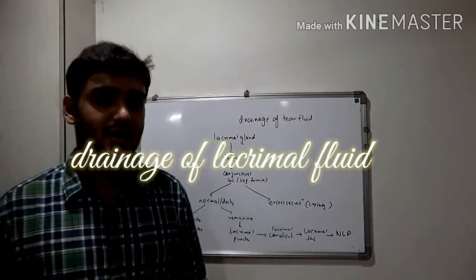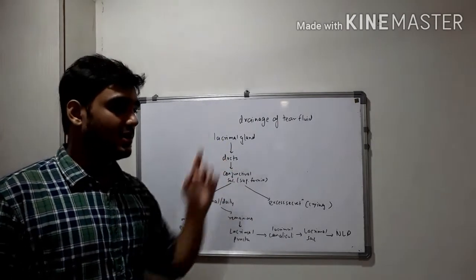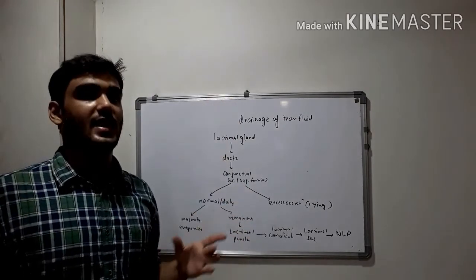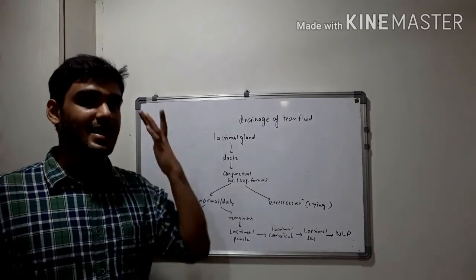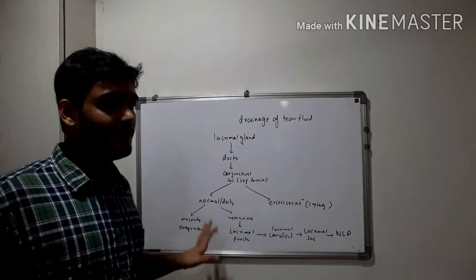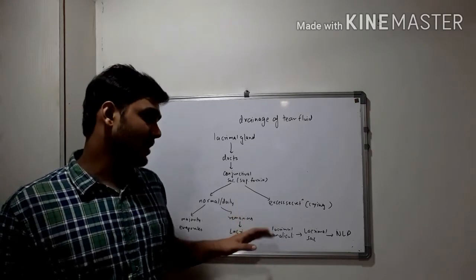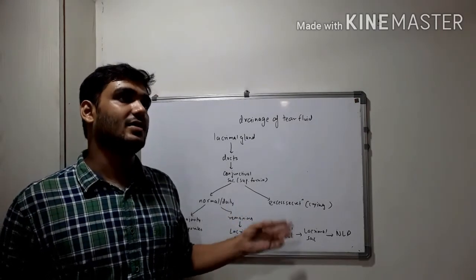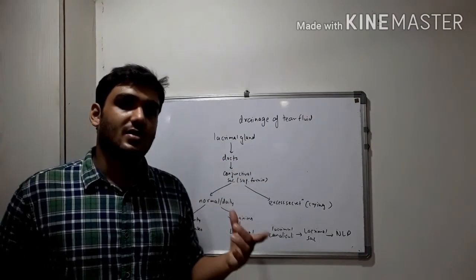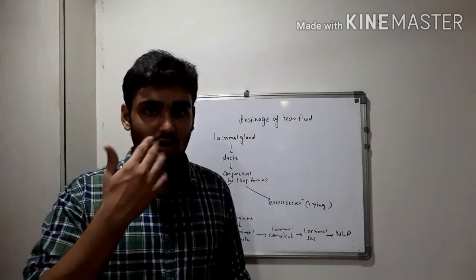So let's brush up the complete drainage of tear fluid. It is secreted from the lacrimal gland, then through the ducts reaches the conjunctival sac, that is the superior fornix, and then the eyeball and the lids are moistened. Regarding the daily secretion, the majority is evaporated, and the remaining part is driven into the lacrimal puncta, then to the lacrimal canaliculi, from there to the lacrimal sac, and then ultimately through the nasolacrimal duct. It reaches the inferior meatus of the nose and ultimately is driven out of the nose. This is the reason why when one cries, there is simultaneous watering of the nose as well.